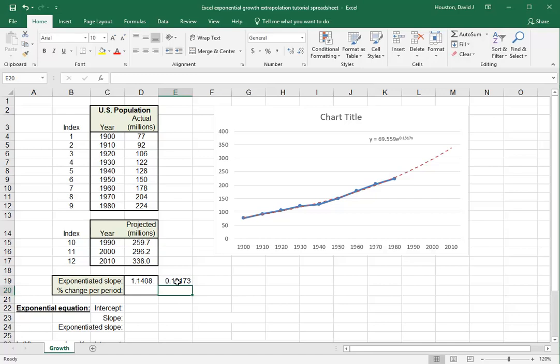Now in terms of interpreting that exponentiated slope coefficient, I'll select the cell below it and type equal 100 times, open parenthesis, then select the cell where the exponentiated slope coefficient is, subtract 1 from it, and close the parenthesis. So equal 100 times, open parenthesis, D19 minus 1, close parenthesis, hit return, and now we have a value of